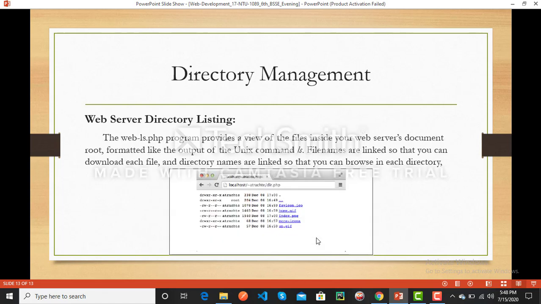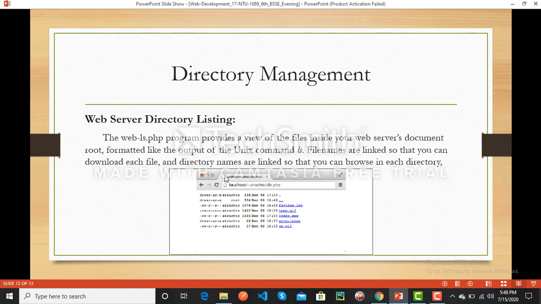Then web server directory listing. This is a most important point. For example, when I put in Chrome localhost slash the directory name, for example web.php, it is a web server directory.